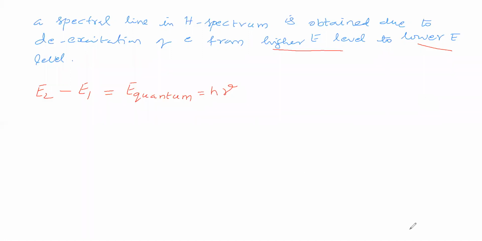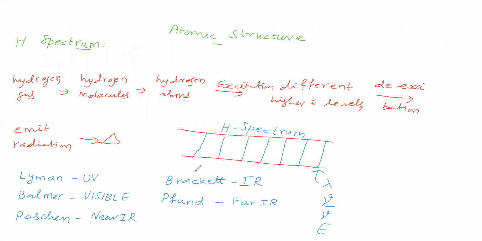So now we will again see what we discussed so far. That means we took hydrogen gas. From hydrogen gas, by taking a hydrogen lamp, we got this hydrogen spectrum. In the hydrogen spectrum, where are the spectral lines present? In the Lyman series, spectral lines are present.